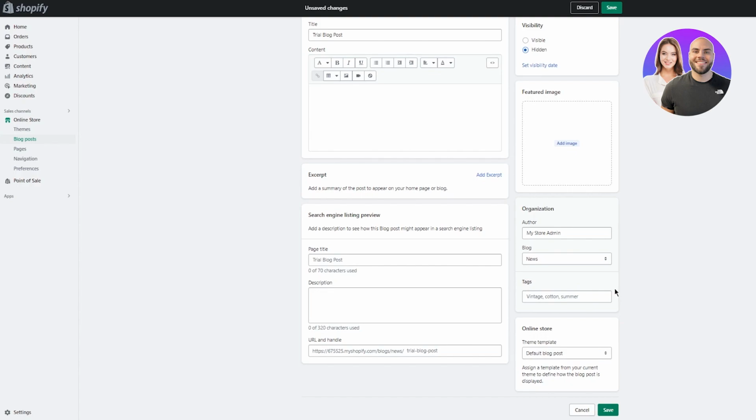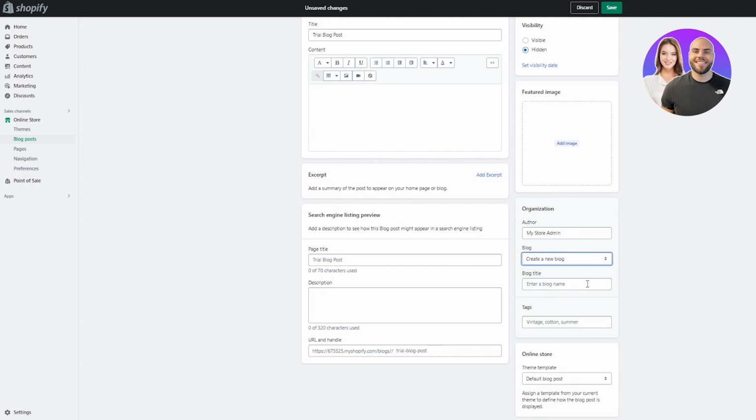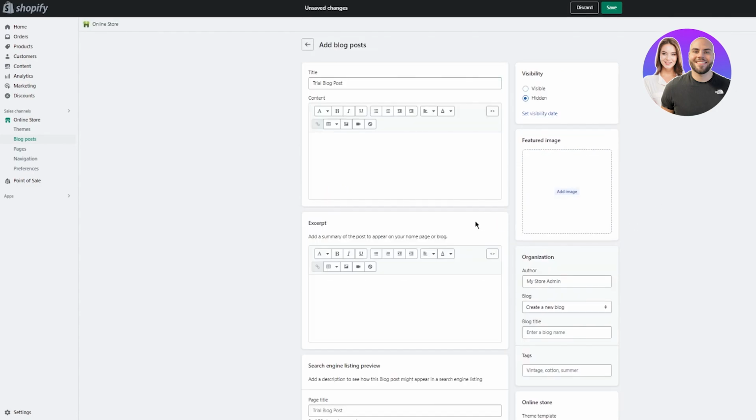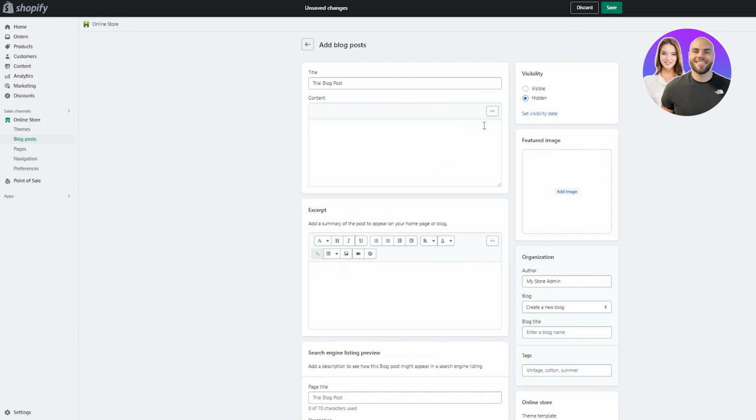You can put up tags, and obviously you're going to choose it from news to maybe create a new blog, and you can create a new blog and then enter a proper blog name for yourself and everything. And you can also add excerpt, which is add a summary of the post to appear on your homepage or blog. And obviously you can go ahead and add a proper summary, or you can just write an HTML code